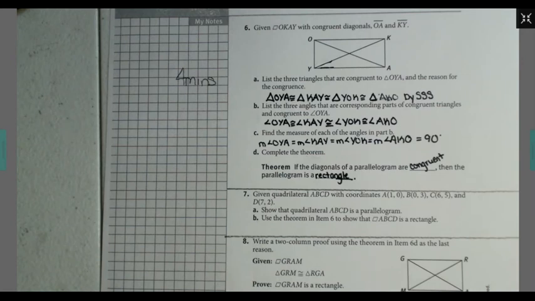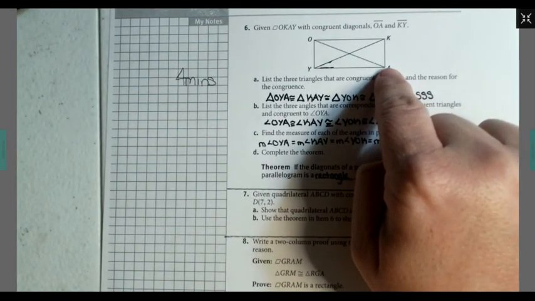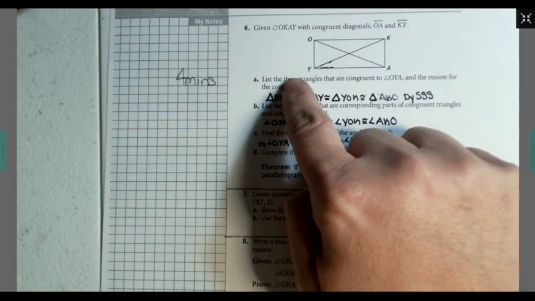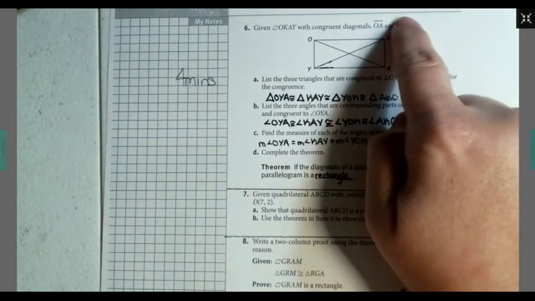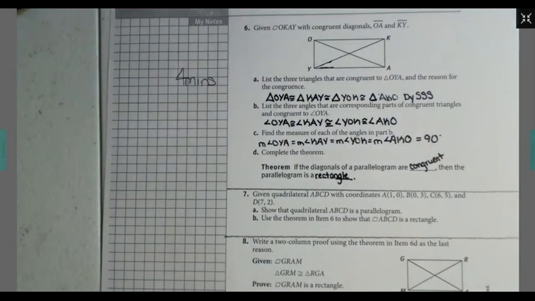All right. So I was able to state that because we're dealing with a parallelogram, we know that opposite sides are parallel and congruent. And because I know that, and I know that my diagonals are congruent, I can state that triangle OYA, that's this triangle, is congruent to KAY, YOK, and AKO. And that's by side,